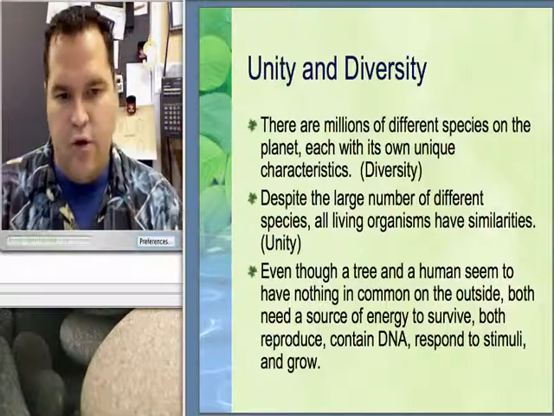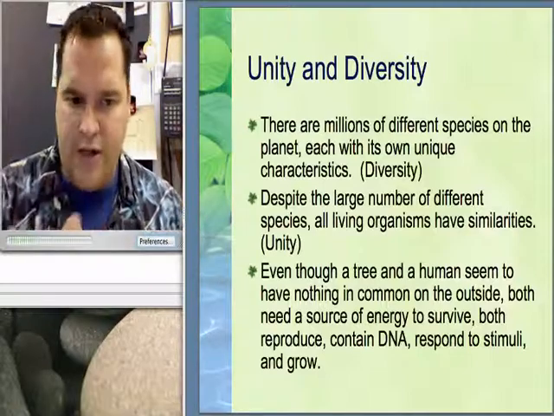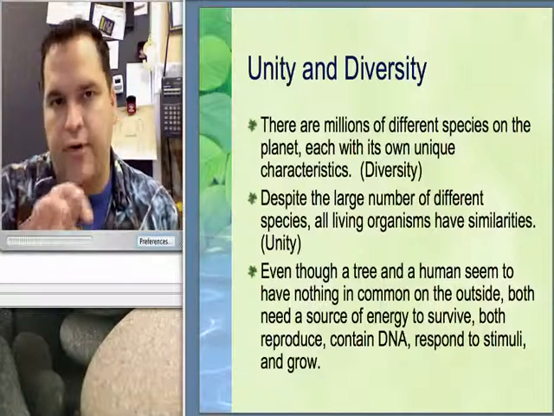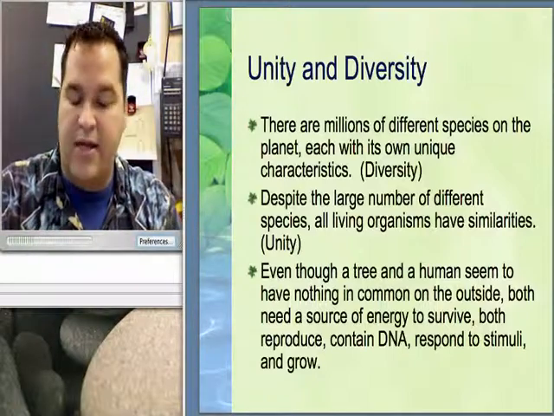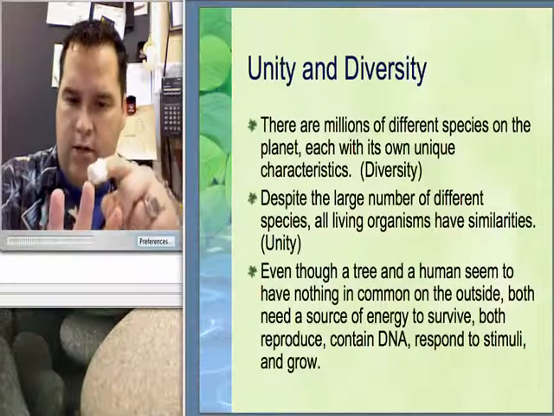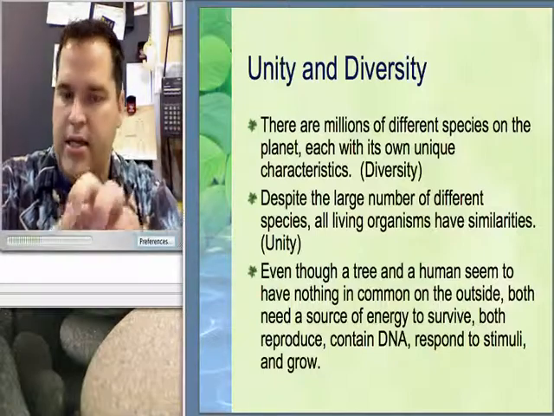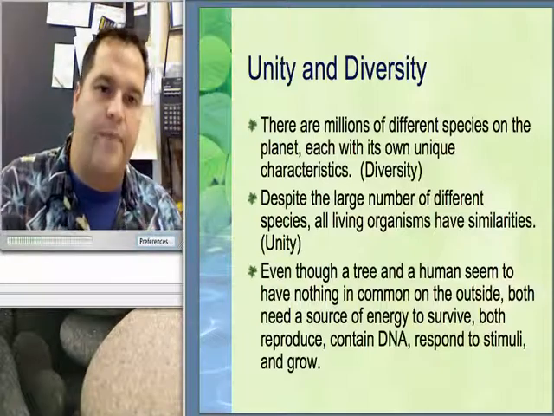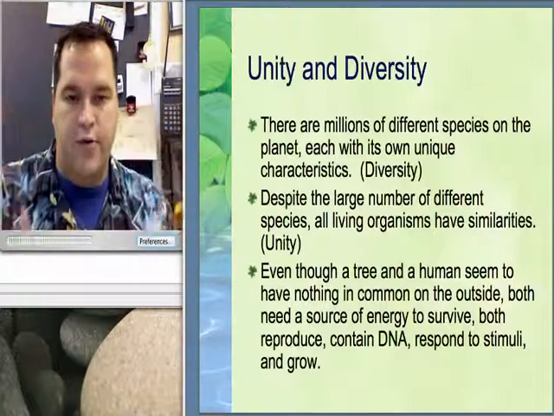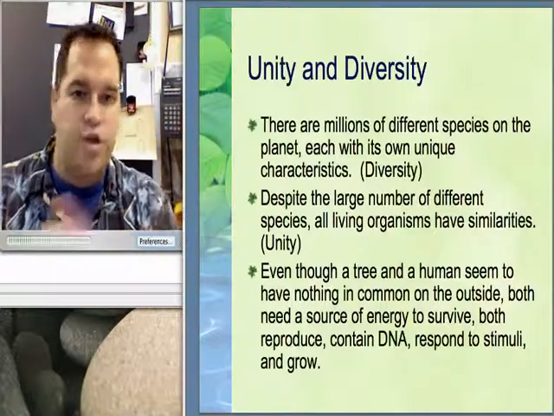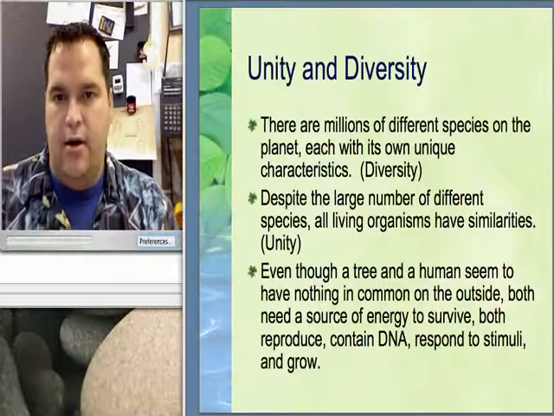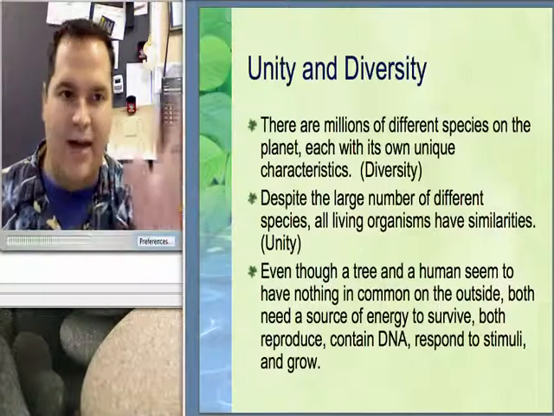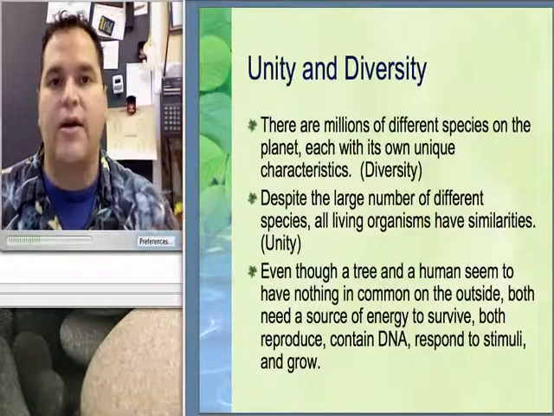As a matter of fact, we talked about how we all have DNA. Well, DNA has 4 letter codes, and we'll get into that when we talk about genetics, but they are A, G, T, and C. That's the 4 codes, and it's the order in which those occur that determines what we look like and different characteristics. Even in trees or in algae, it has the same 4 codes. So we have the same kind of DNA, it's just that the DNA is written in a different order.